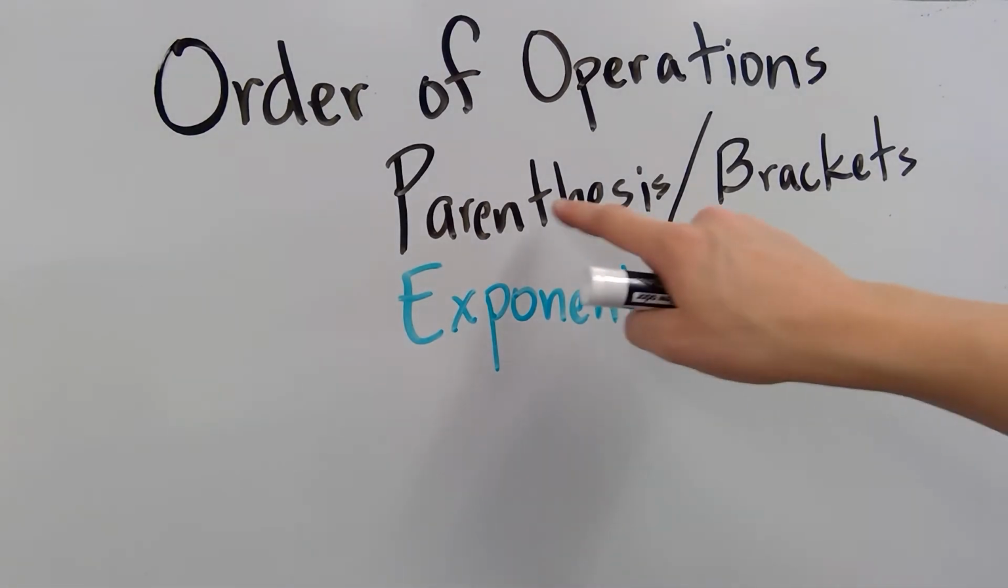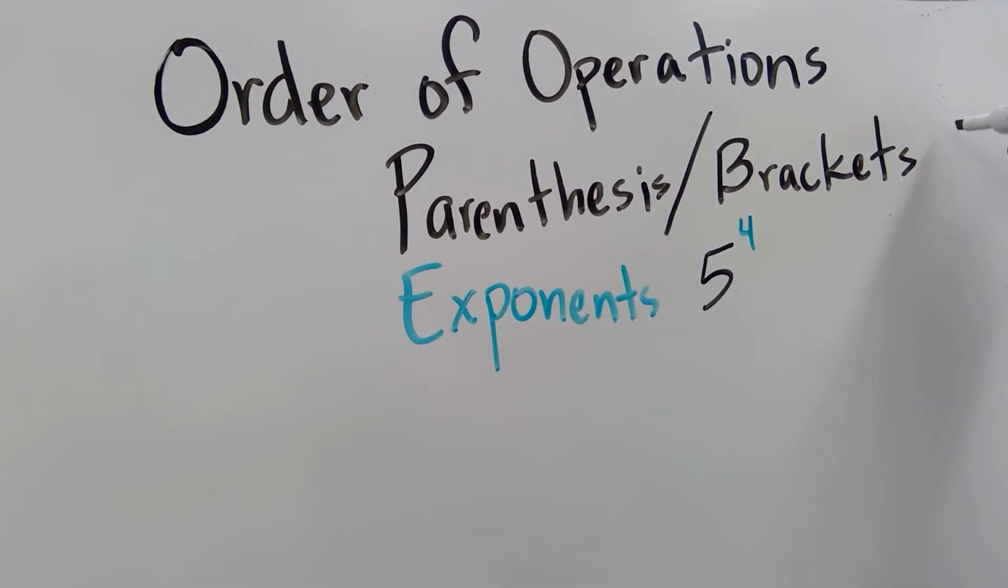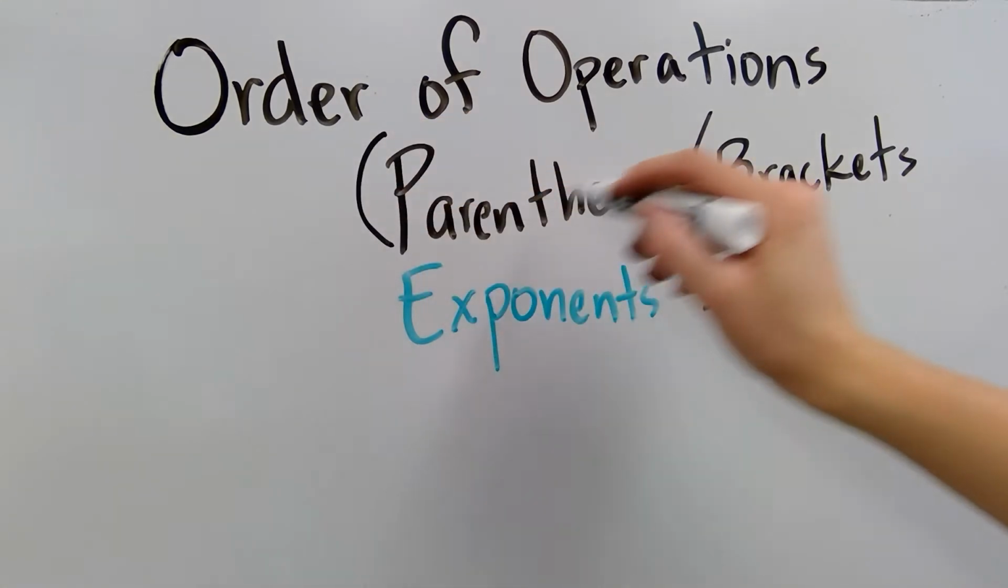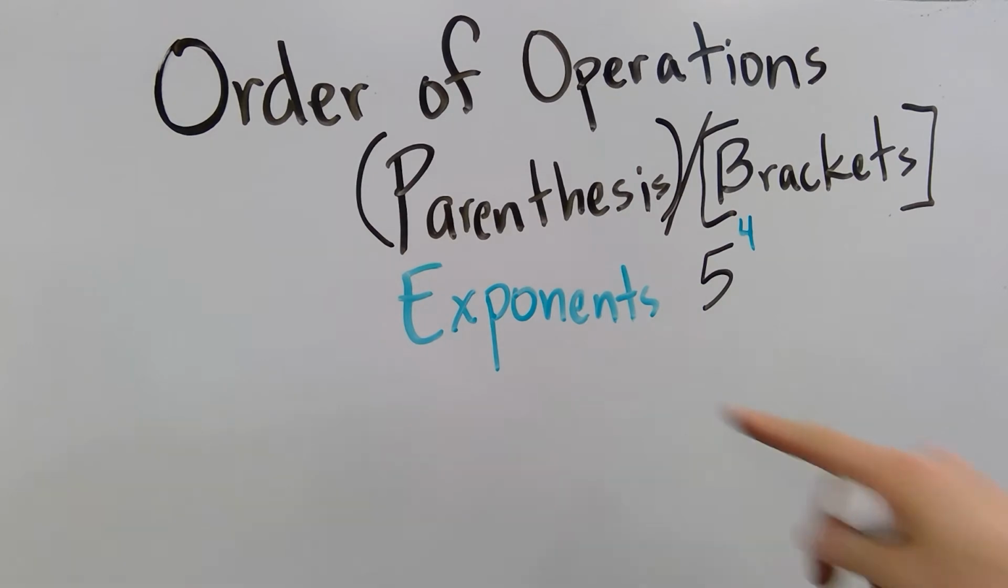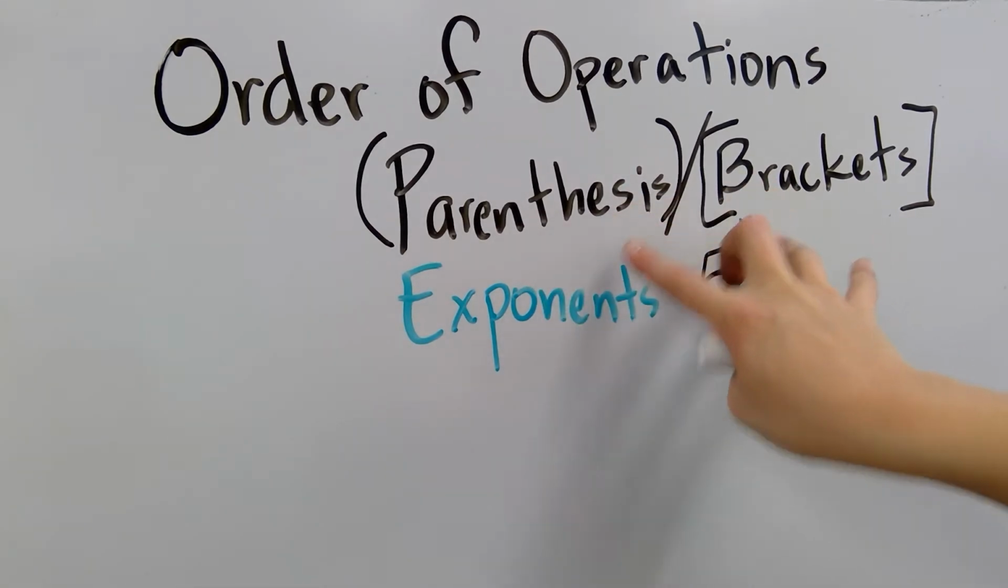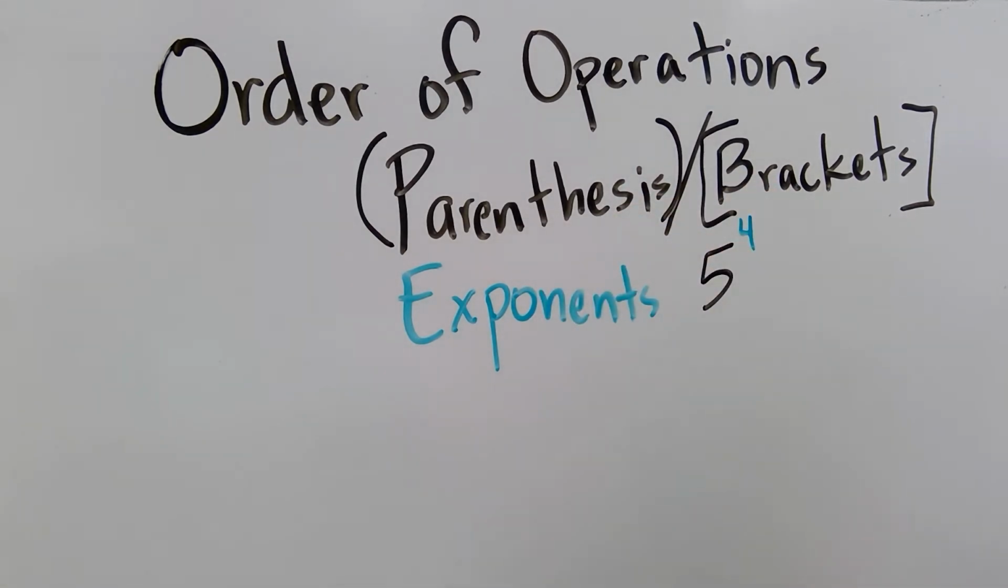Oh, sorry, I should jump back and explain. Parentheses and brackets are when you have, parentheses are these around a problem. Brackets look like this. And when we solve the parentheses, we go from the inside to the outside. So we do parentheses and brackets, then we do our exponents,